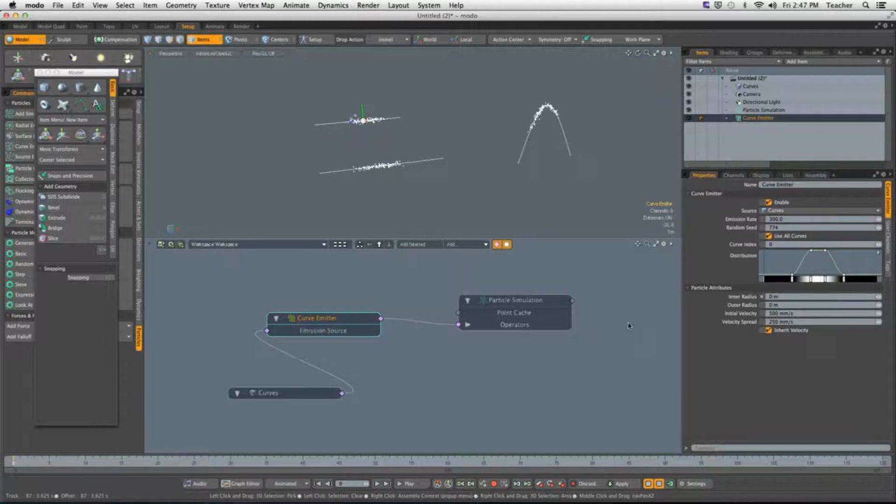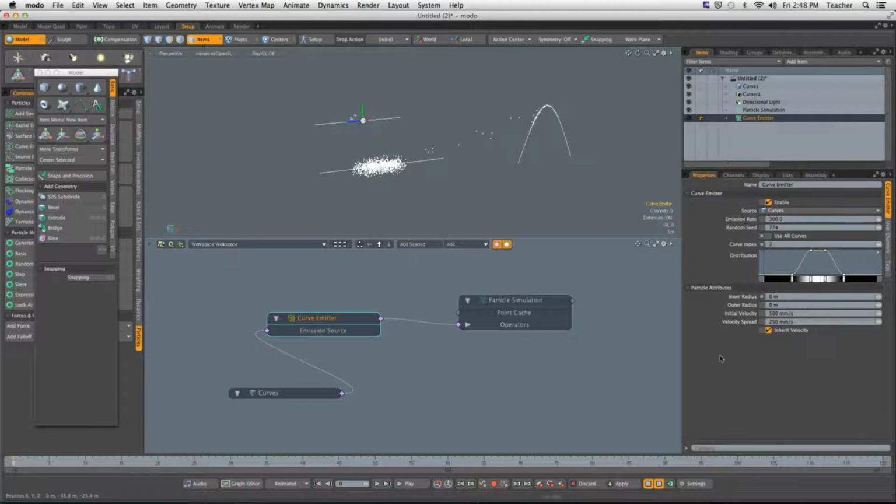However, if we use all curves off, the curve index now becomes the driving force as to which curve inside of our mesh item is going to generate these particles. There it is. What if I change it to curve index number 1? Boom, now particles are going to be generated over here. These will all die off here in a second. There we go. If I go to curve number 3,